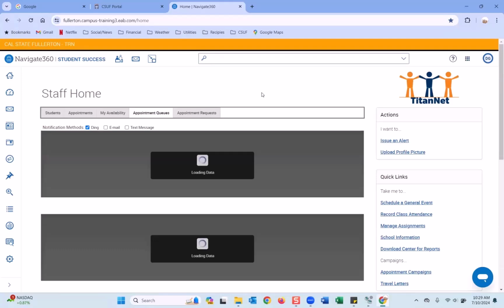Okay, while this is loading, let me talk about appointment queues. Once you create your availability, the appointment queues will,